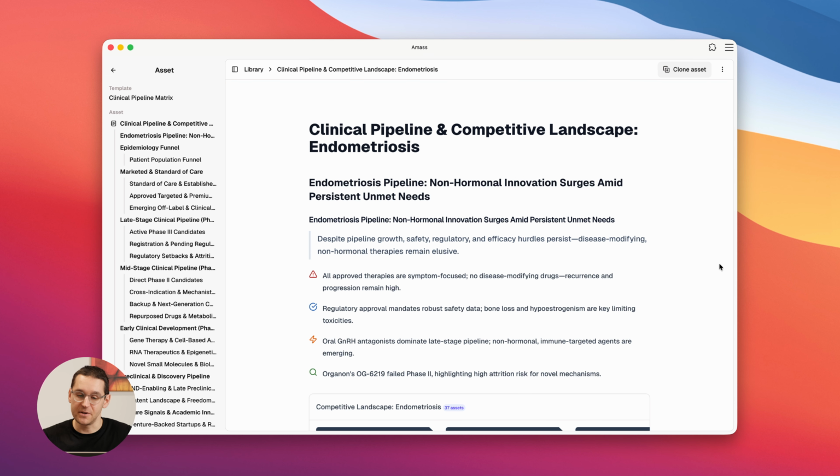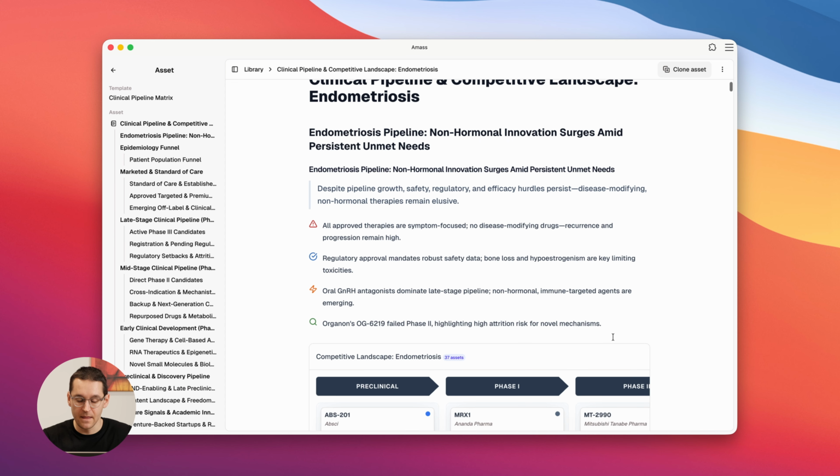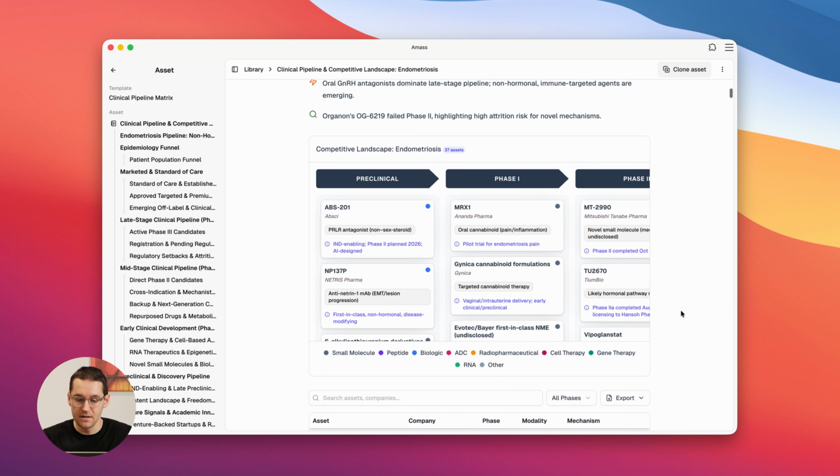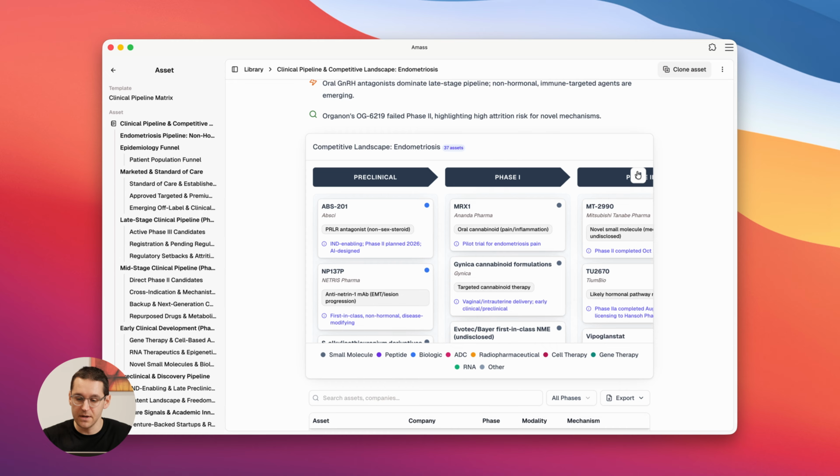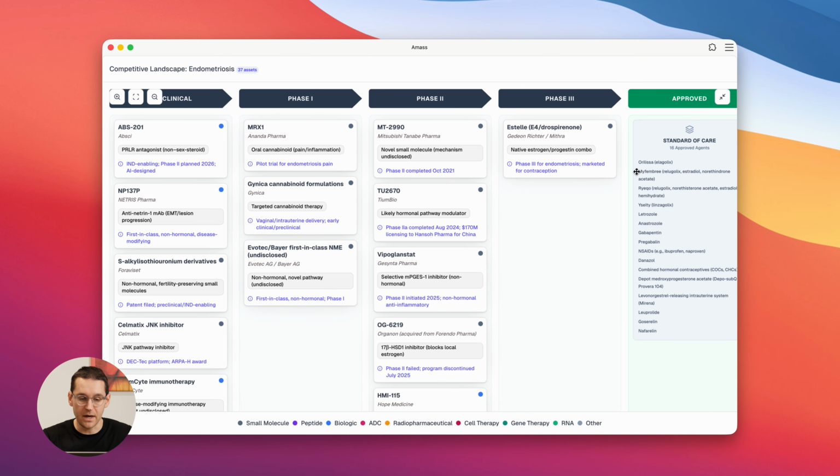All right, great. So the template is ready now. You can see an asset that was generated for endometriosis that gives you, at the very top, the key bullet points you should be aware of before, for example, taking a further meeting with a startup working in this space. One of the key things in the asset is the swimlane diagram, which shows you in one plot the preclinical, phase 1, phase 2, and phase 3, as well as approved drugs targeting endometriosis